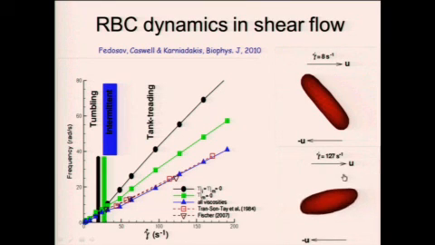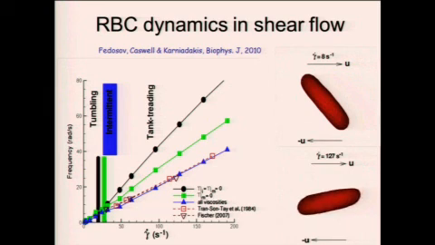At the higher rates, it will tank tread. So the cell isn't really rotating very much, but the outer skin is going around and around like the treads of a tank. Now what these curves show us is the following. If we reduce the viscosity of both the suspending fluid and the inner fluid to practically zero, which we can do with our DPD system,